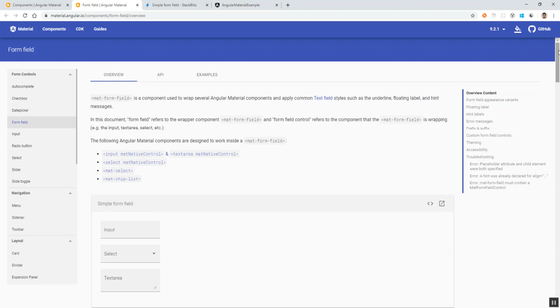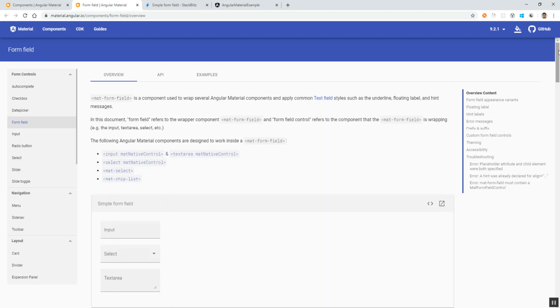Actually, mat form field is a component used to wrap several Angular Material components and apply common text field styles such as underlining, floating label, and hint messages. So what it tells is, we'll have a different set of components together, like mat label, then mat input.